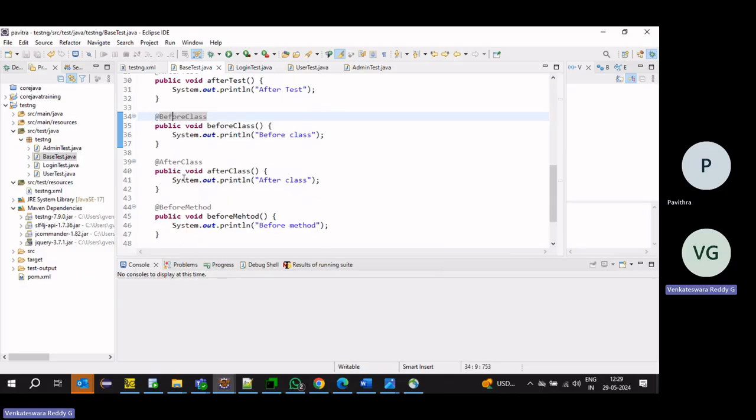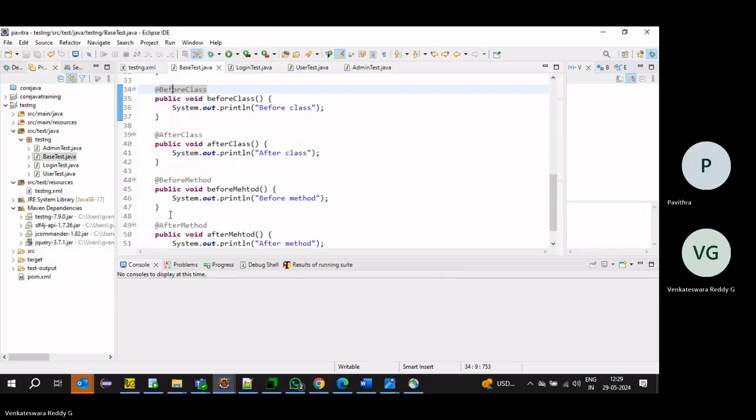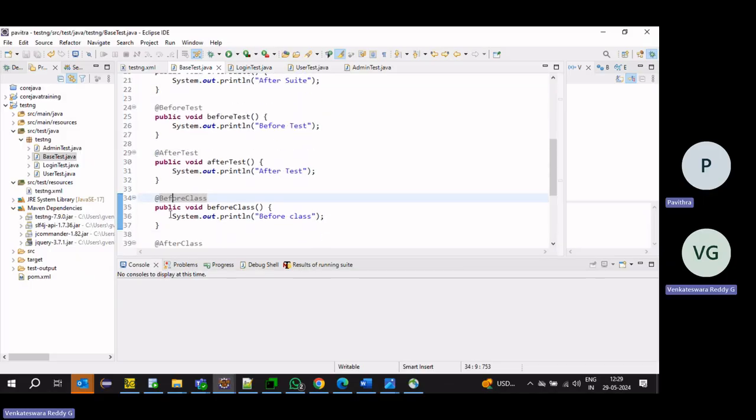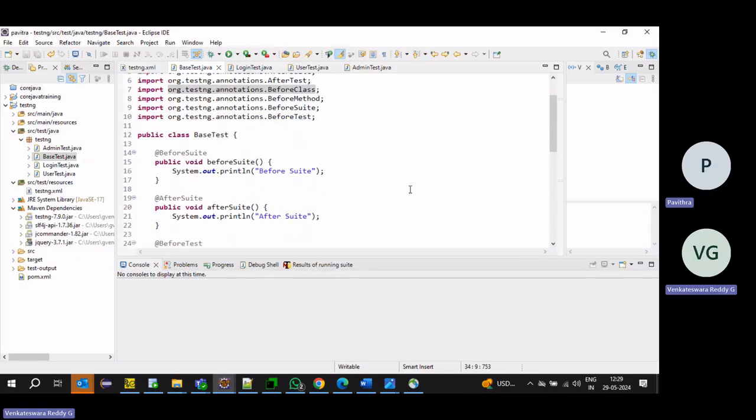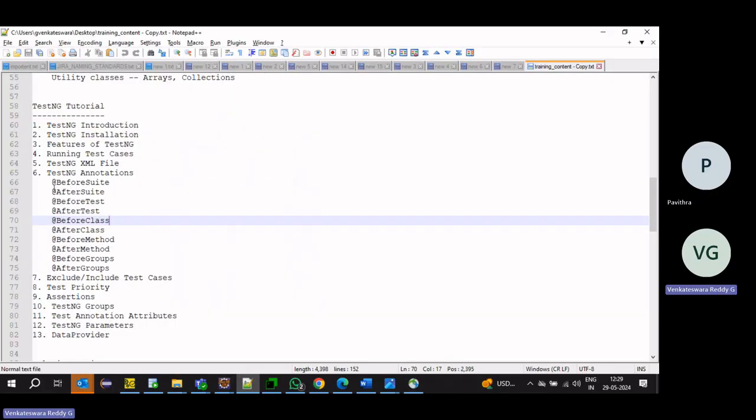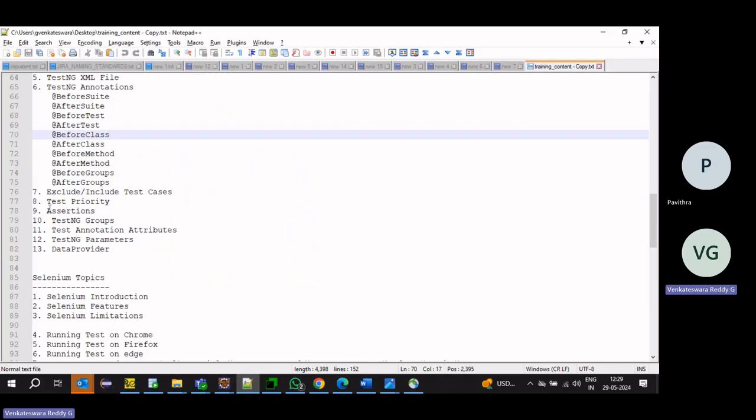Then in reverse order: after method, after class, after test, after suite. That is the annotations.